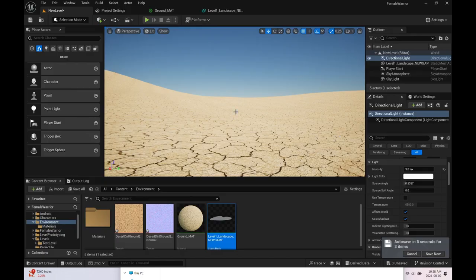Hope you guys enjoyed it. I'm going to add more to this. I'm going to add maybe buildings and some foliage, and obviously I'm going to work on some combat stuff and make some interactable objects, just to show you what you can do in a level. So hope you guys like this, and I